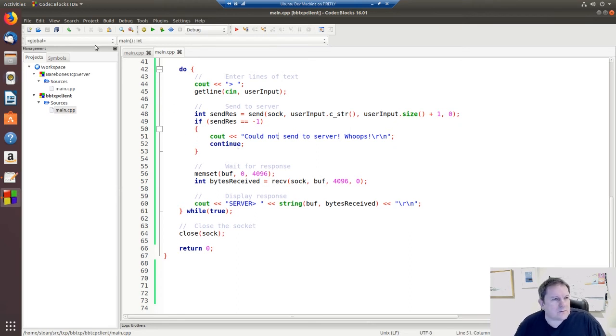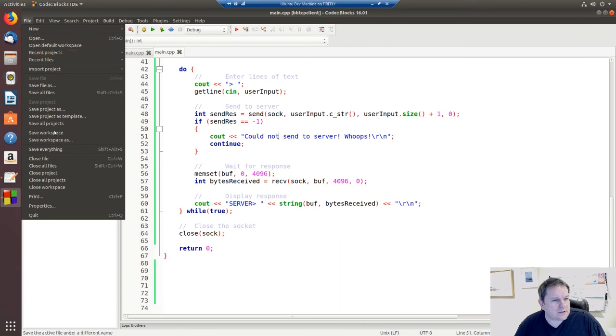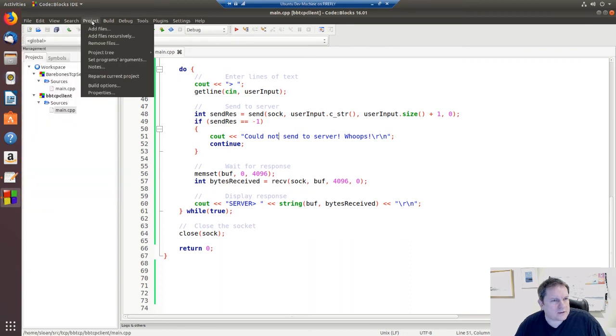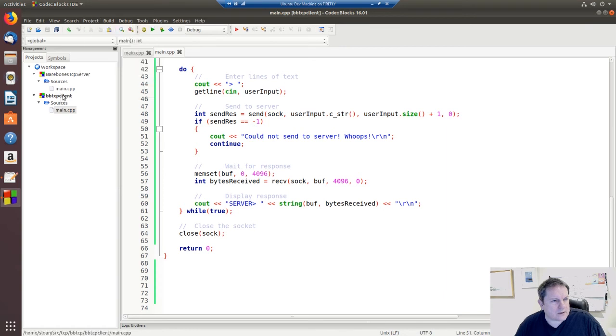So the next thing that's going to be left here is we're going to build it and make sure everything runs. Where's the project? Actually, if you right click on here, you can just get to build. And if I bring this window up,